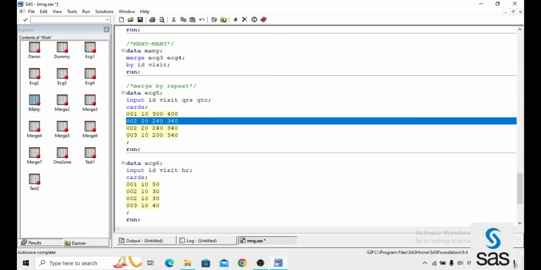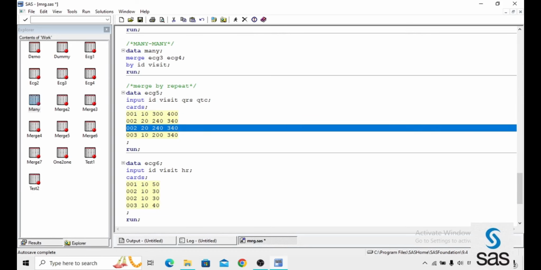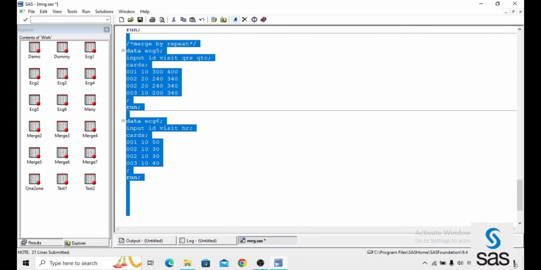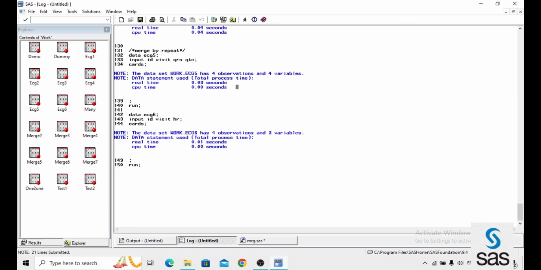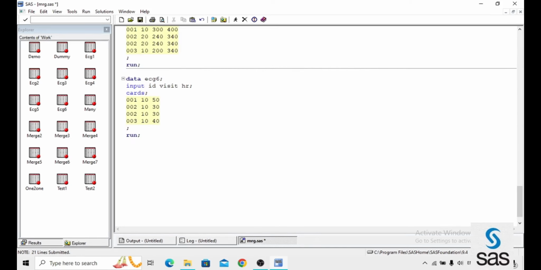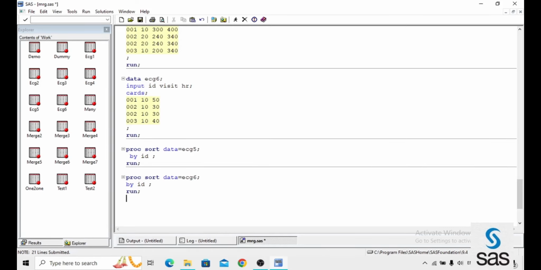Here 0 to 20 is there. Now I am running this. Only in this type of situation are we getting a merge by repeat, and ECG5 and ECG6 are running successfully. And already we know that before merging we have to sort those two data sets by...